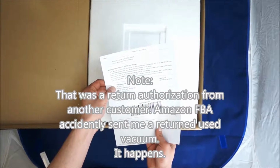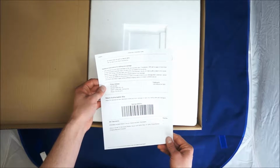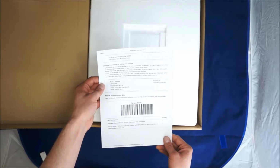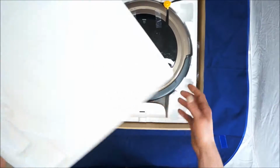The pickup address, and I don't know what this. Oh, this is the Amazon Online Return Center. Must be returned by this date. Okay, so it just looks like some generic information, not really pertinent to us because I'm not planning on returning this. Wow,